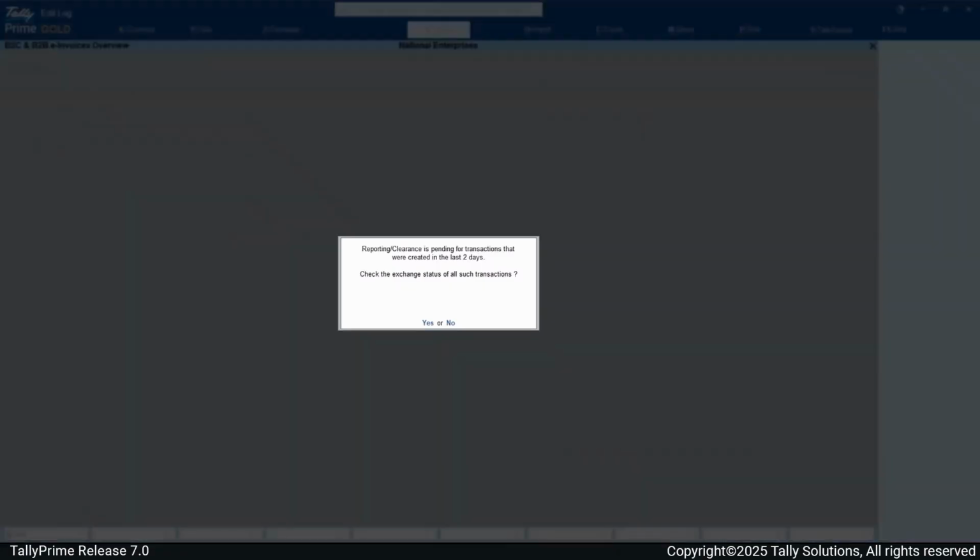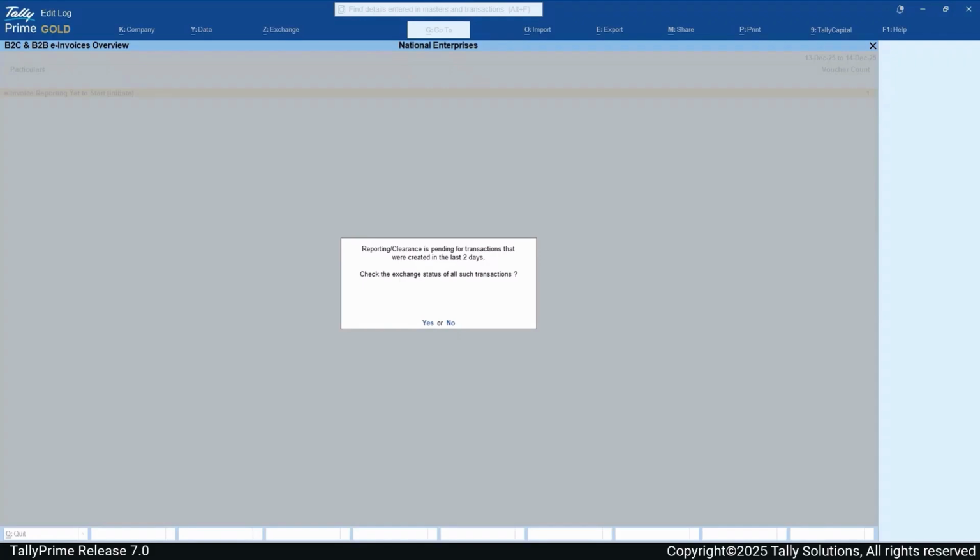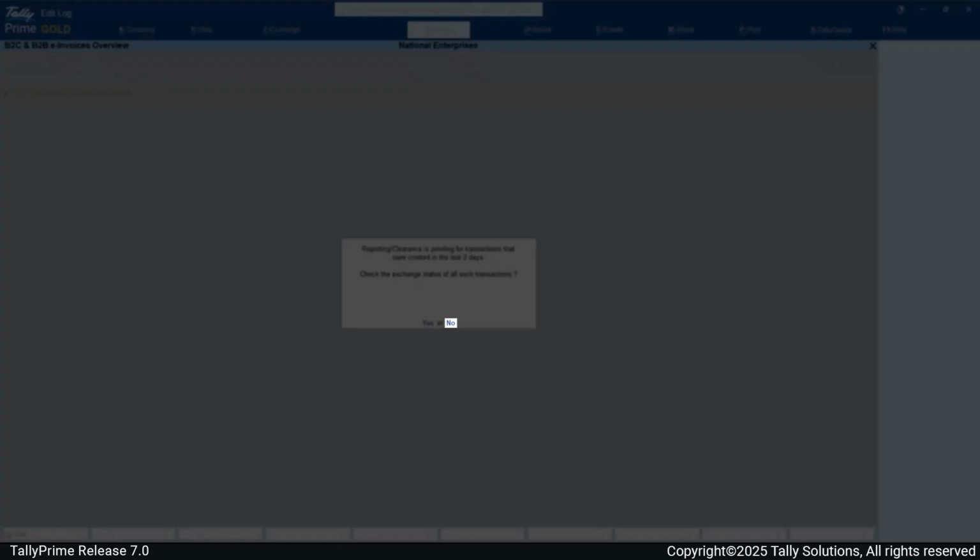If there are transactions pending for exchange with the e-invoice system in the last 2 days, you will be prompted to check the exchange status of the transactions. Press Enter or Y to update the status of such transactions and open the report. Pressing N will open the B2C and B2B e-invoices overview report without updating the status of the transactions.